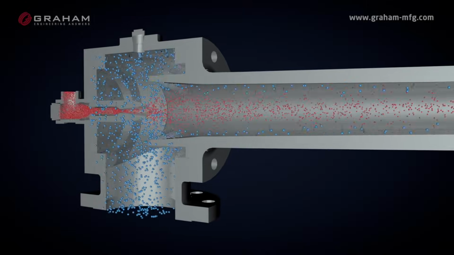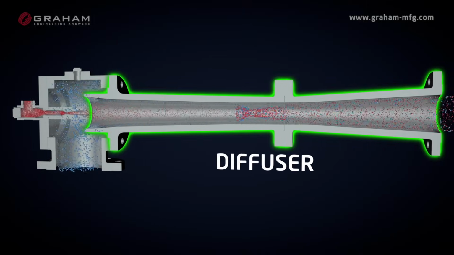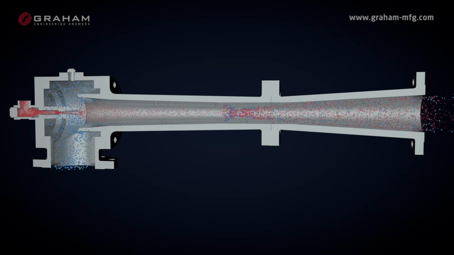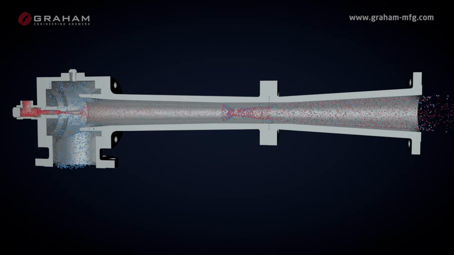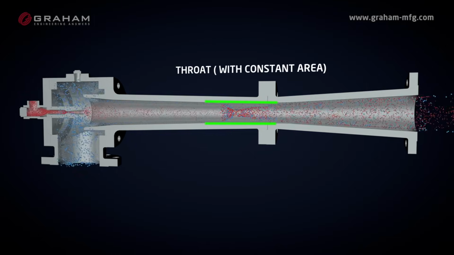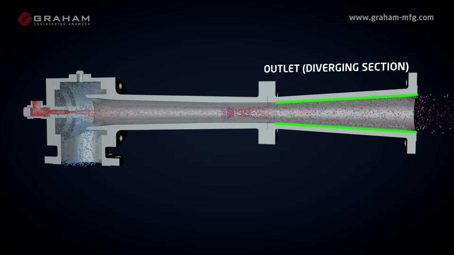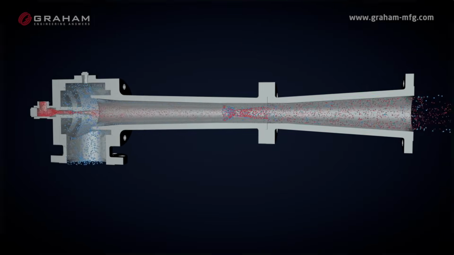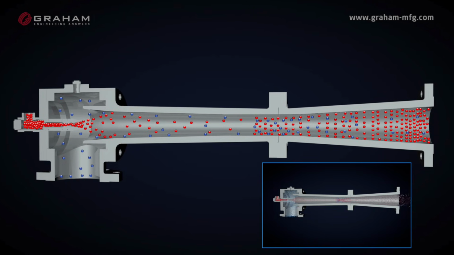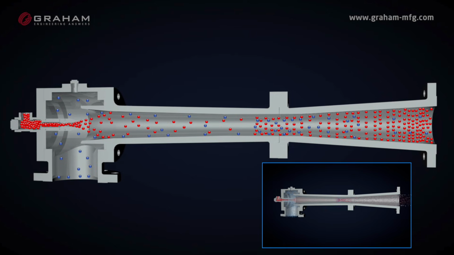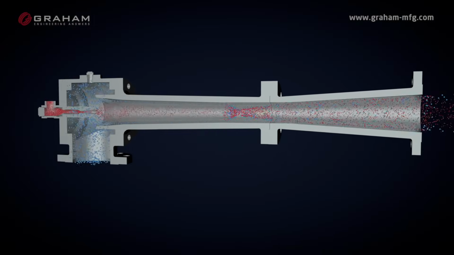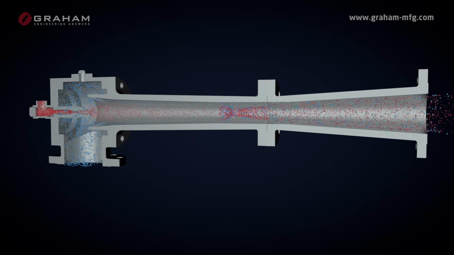The fourth and last of the major components is the diffuser. The mixed gas stream enters the diffuser, where velocity is converted back to pressure, and is where the work of the compression occurs. The diffuser consists of three sections: the inlet converging section, throat section with constant area, and outlet diverging section. In the inlet converging section, the mixture velocity is decreased and pressure is increased as the cross-sectional area is reduced. Remember that for gas flow at supersonic velocity, velocity and pressure variations due to the change in cross-sectional flow area are the opposite of what one would expect with subsonic fluid flow.